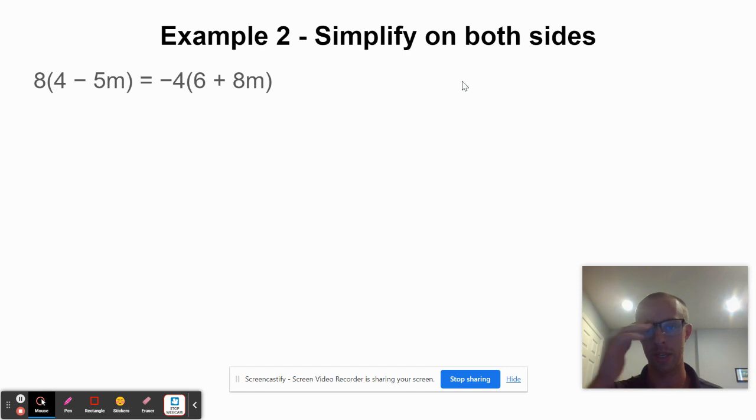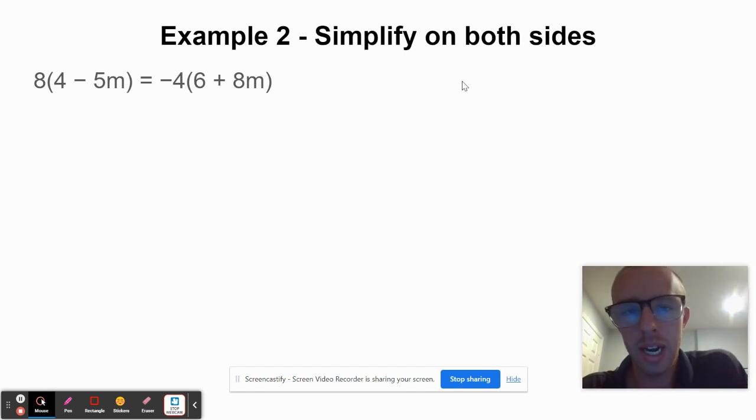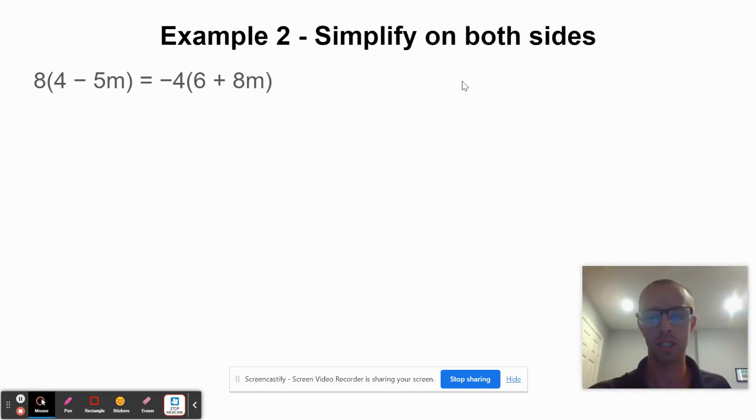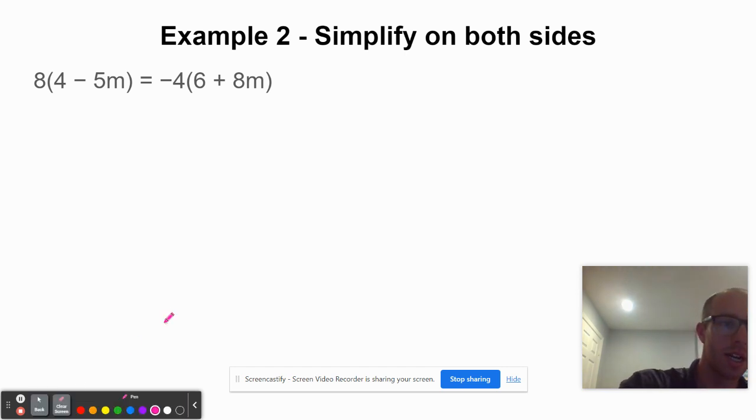All right, I'm on example 2. This time I'm going to have to simplify on both sides. So this is going to be a pretty long problem. I'm going to have to distribute on both sides here. It looks like 8 times 4 is 32. 8 times negative 5 is negative 40m,